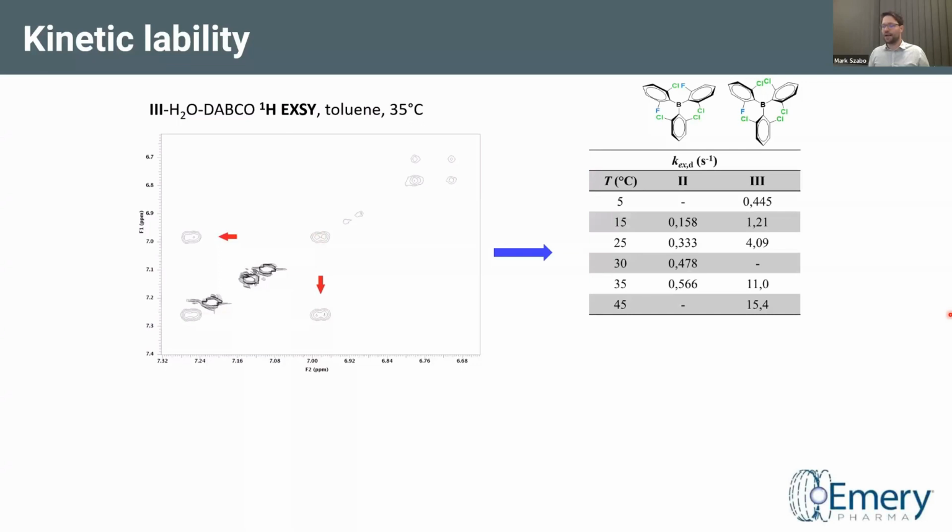And from these measurements, you can extract the exchange rates in the case of both of the boranes in question. I would like to show you the values at 35 degrees. You can see that the exchange rate is almost 20 times higher for the borane which contains more chlorine atoms. And this is what explains the difference in